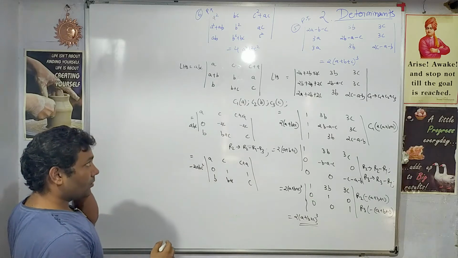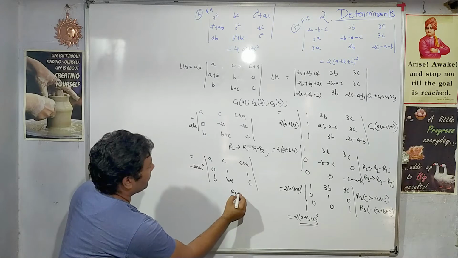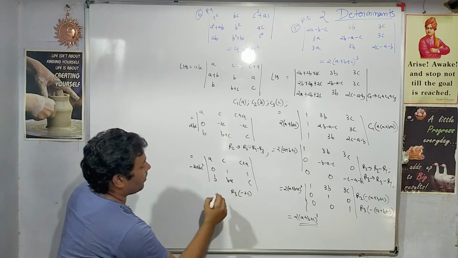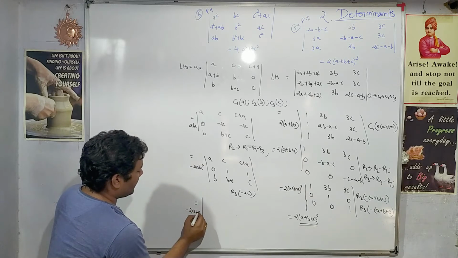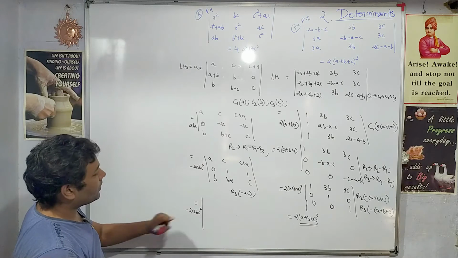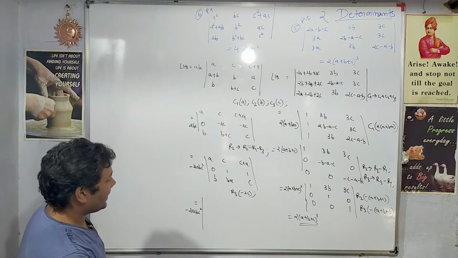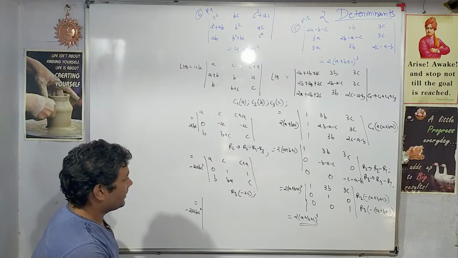Whatever you have done, you should write down that operation. What is the operation that you have done? The operation done is, from the third row you have taken minus 2C common, then minus 2ABC square you have. Since still you want 2, then one more A and one more B. So how will you get that? How to do that?